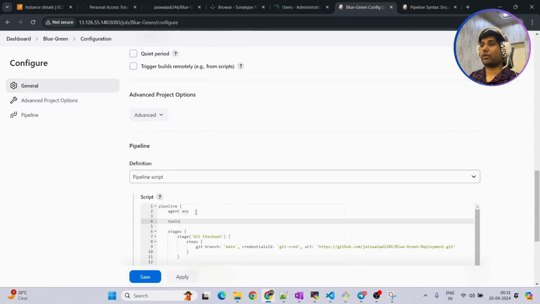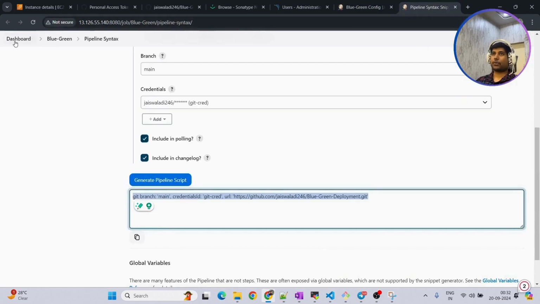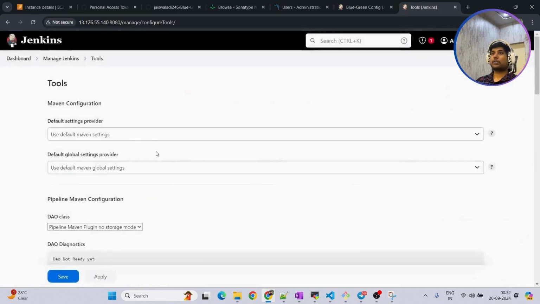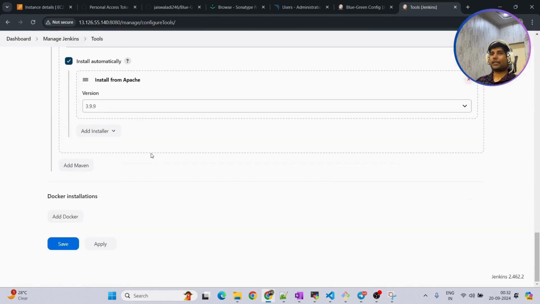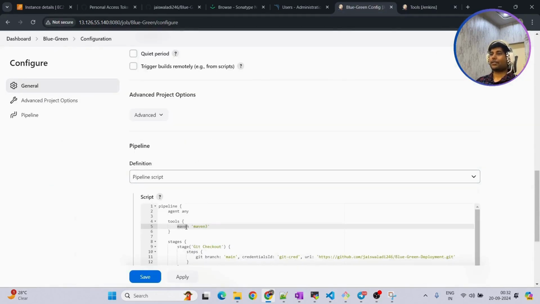Using tools block. Inside tools block we have to provide the tool type and tool name. Maven is a tool type of Maven only, and tool name we have configured inside tool section is Maven 3. For those who are getting confused from where this Maven 3 is coming, if I go to dashboard, manage Jenkins, then tools, scroll down to Maven, and here you can see the name that we gave, Maven 3. That's what I have written here. This is tool type and this is tool name. Okay,